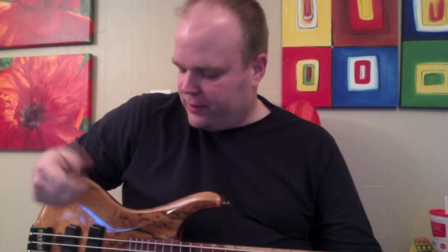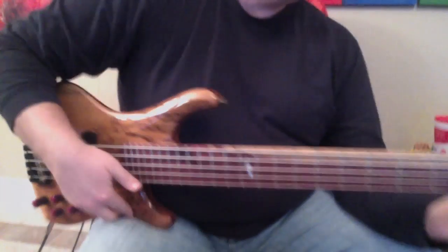But it kind of reminds me of an active Sadowsky Metro P that I had once. That was a killer bass too. And it sort of reminds me of that. I know it's because of the active preamp stuff, but it's really, really slick. And then if you solo the bridge pickup,